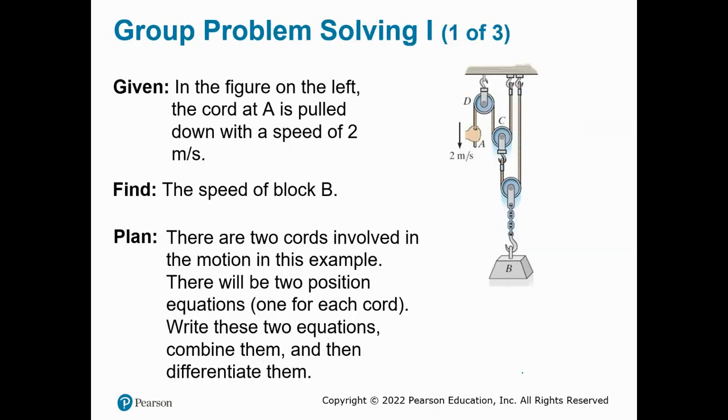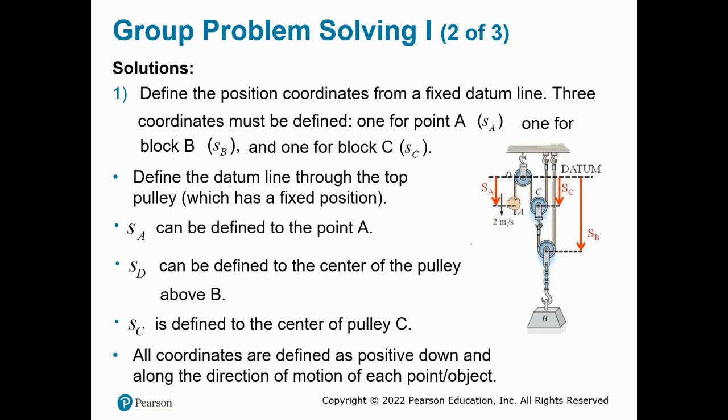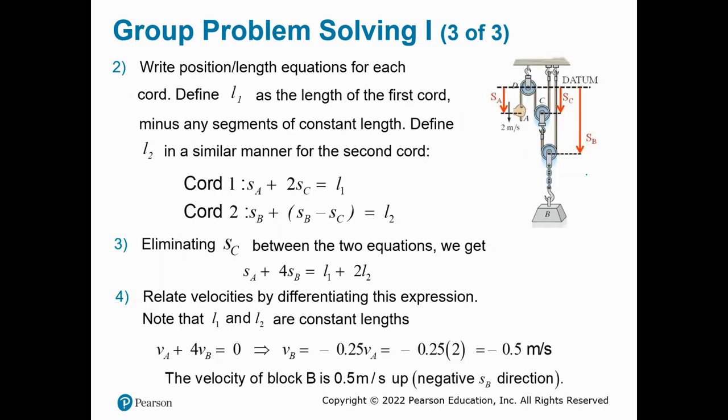Next example. In this problem, we've got two cables. That means we are going to write two equations: cable number 1, cable number 2. We know the velocity of A on the left side of the diagram. A is going down with a speed of 2 meters per second. We're looking for the speed of block B. Over here, we're going to set the top as our reference point, our datum, and then we